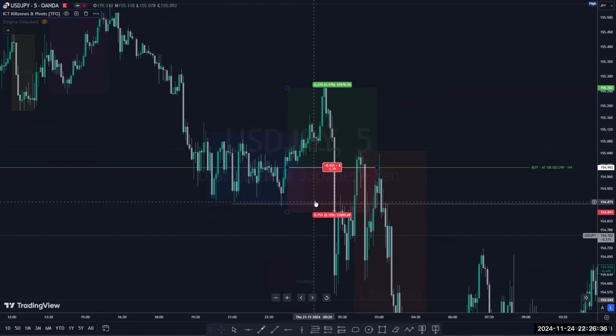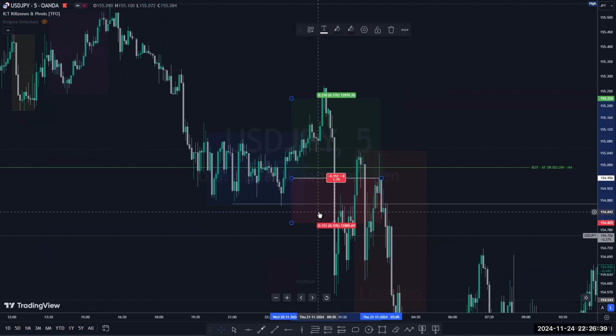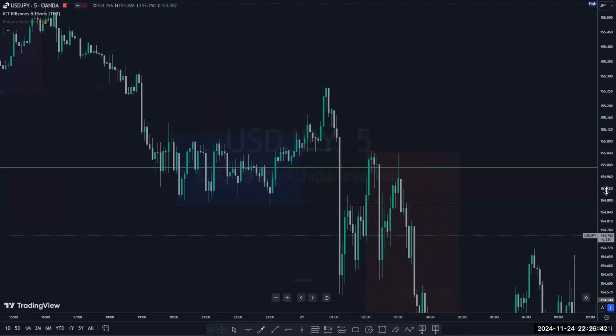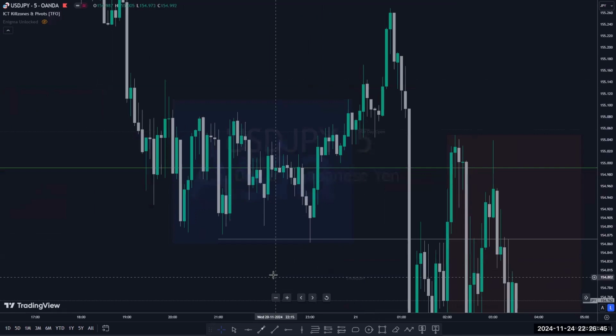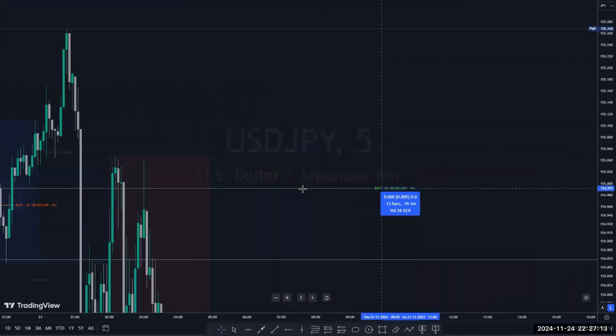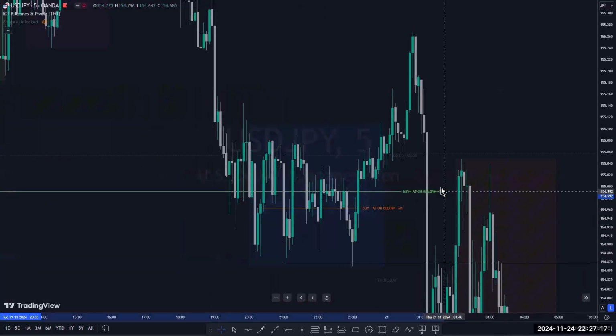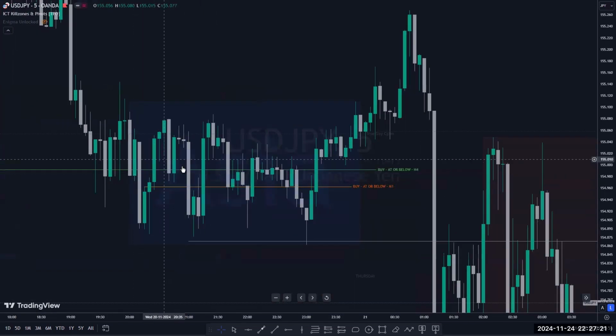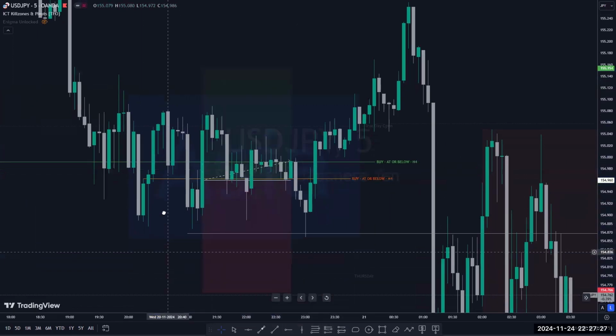Now, if you want to enter based on candle confirmations, then you would have to approach it in a more technical way. That means when the price goes below the line and you start to get your engulf, your candle body that closes above the previous candle body, right? So then this area now becomes where you can enter at or below, and therefore when the market returns below the green line, which is your 4-hour line, plus your new micro line based on the 1 minute time frame, when the market dips below,